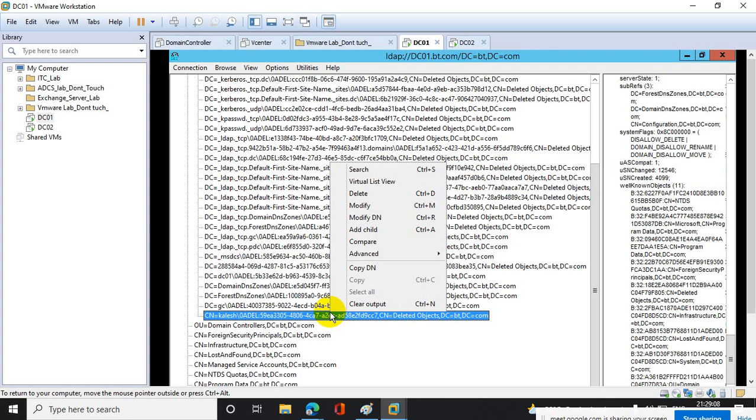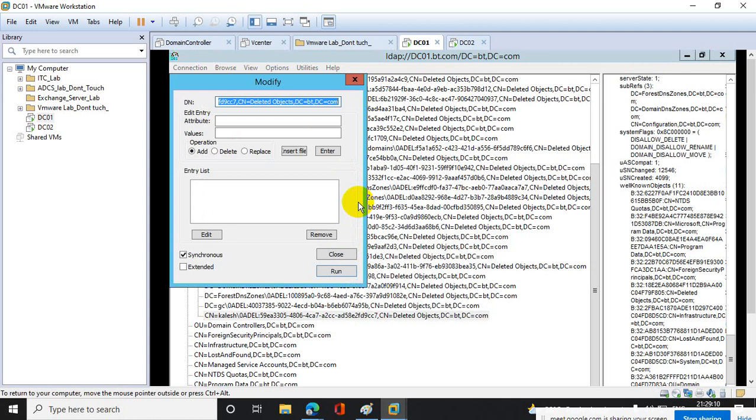So here you can do Modify. Once the Modify option comes, again you have to tell it what exactly you are trying to do. First of all, you are telling your directory server that the user you have selected is deleted, and you have to select that option, Delete.